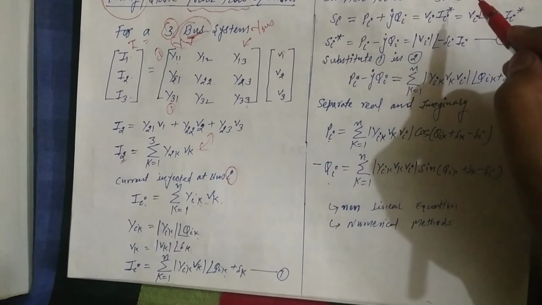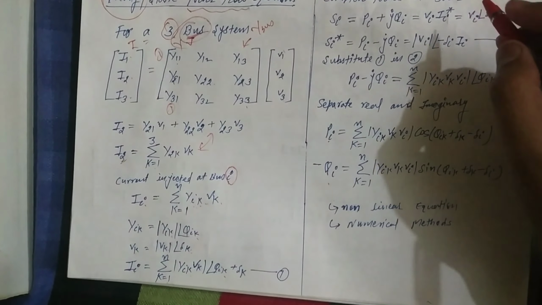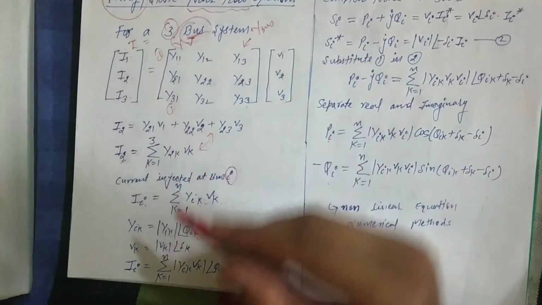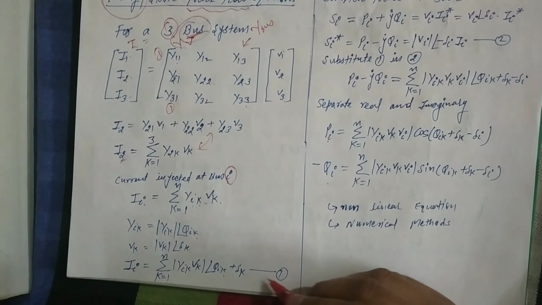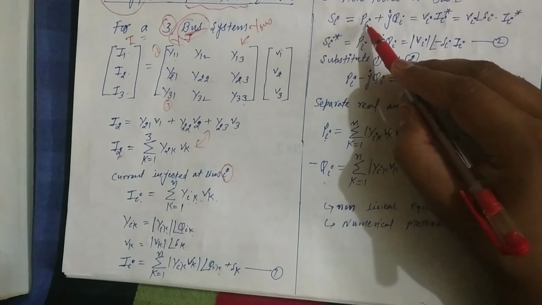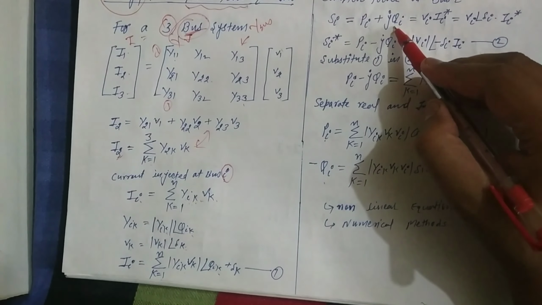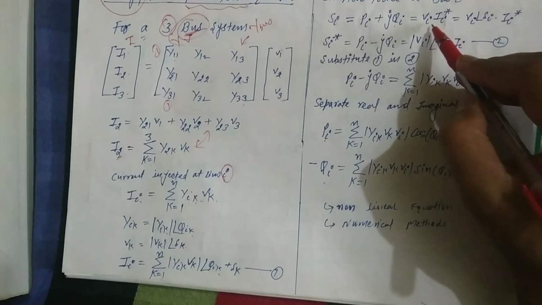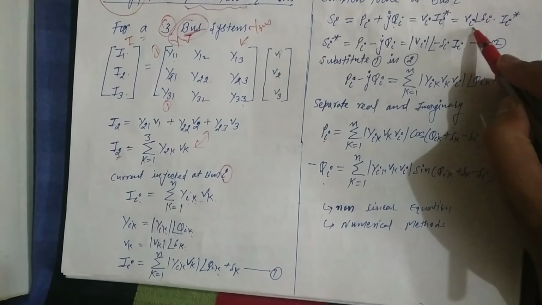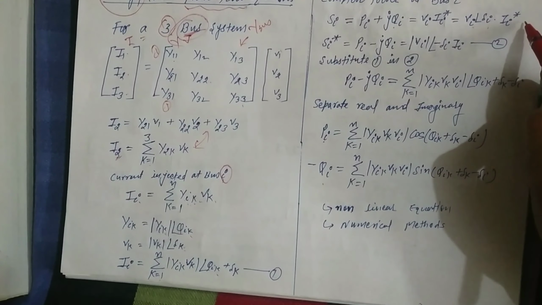Next, complex power at bus i. Now we are doing this for the power. The current has already come, and now we will go for the power equations. We know the total power equals active power plus imaginary reactive power. In the circuit you have already seen V into I conjugate equals the total power. If I replace Vi equals Vi angle delta i, and Ii conjugate.